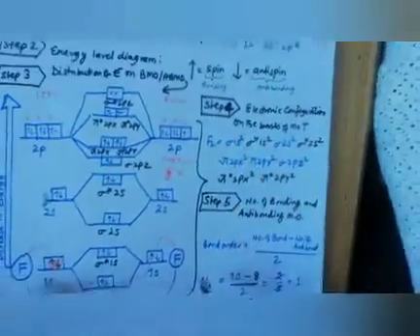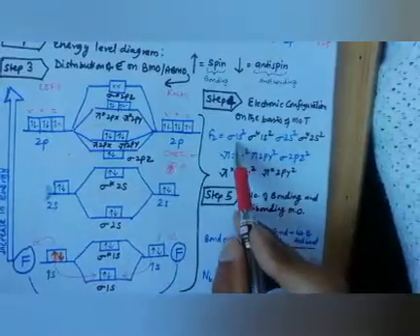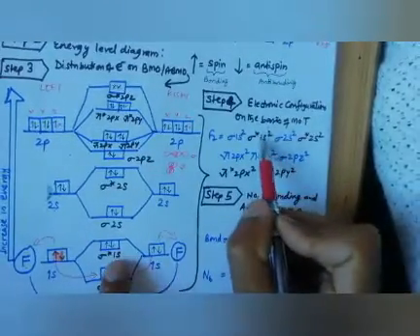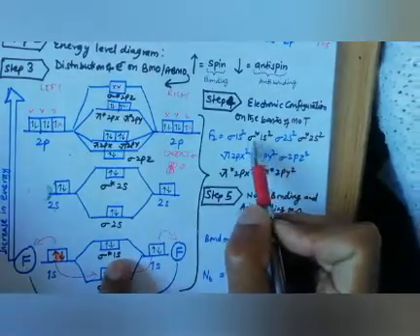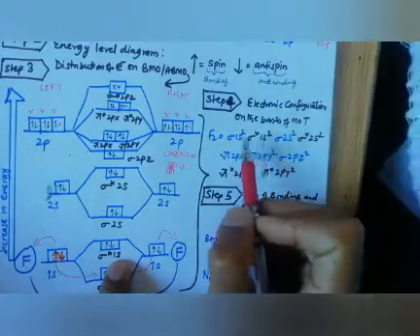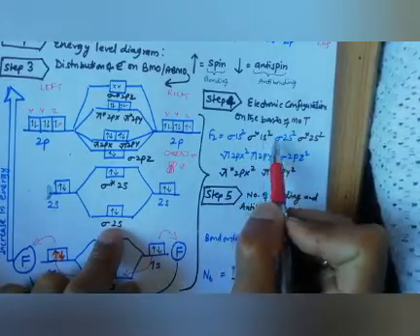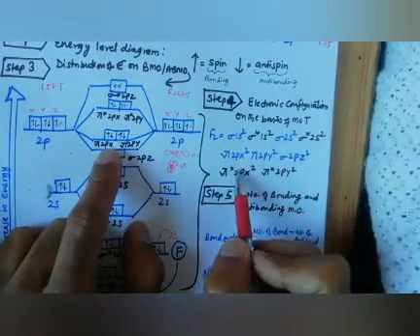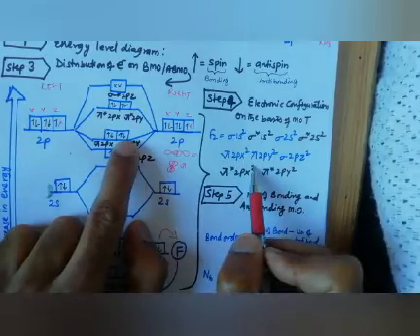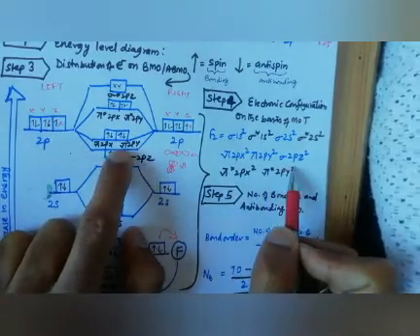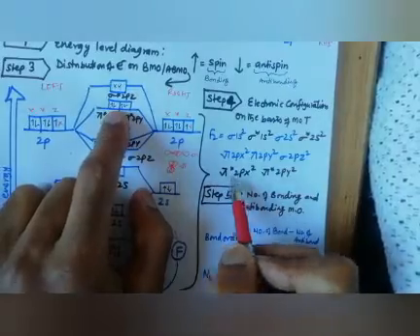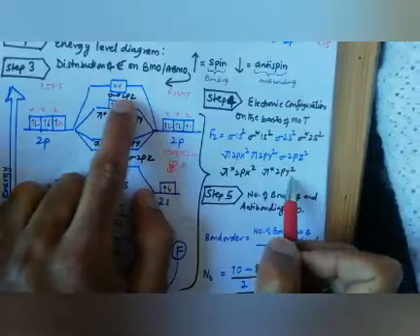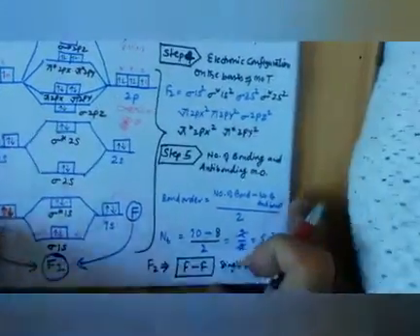See very carefully. Sigma 1s2, two electrons are there. Sigma star, अब ऊपर को जाना है, sigma star 1s2. I have marked this with blue and black pen, black sketch. Okay, this is blue, this is black. Sigma 2s square, sigma star 2s square. Then pi 2px square, pi 2py square. Then sigma 2pz square. Here pi star 2px square, pi star 2py square. But there is no sigma star 2pz, so we will not write it.